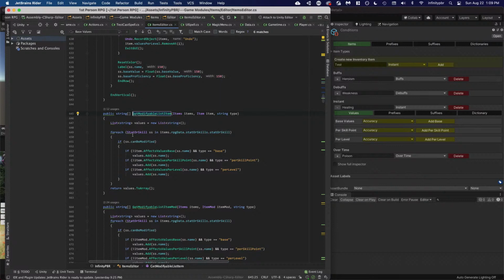is going to create a new string of values. That's the drop down. For each stat and skill in items, RPG data, stat or skills, if it can be modified, FX values base and type equals base. This could be where it's going wrong, because we saw that it can be modified, but if the item affects values base